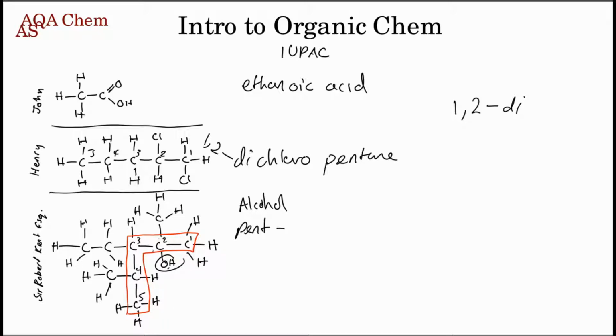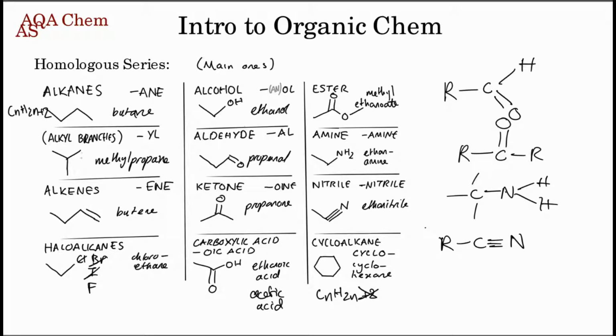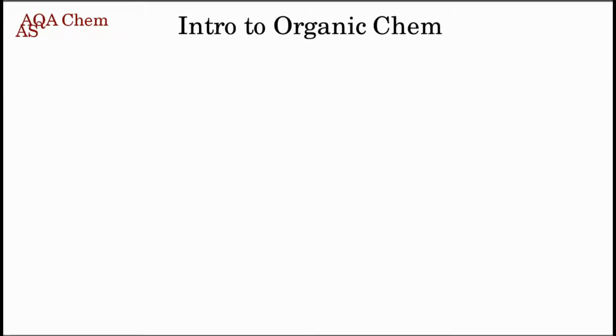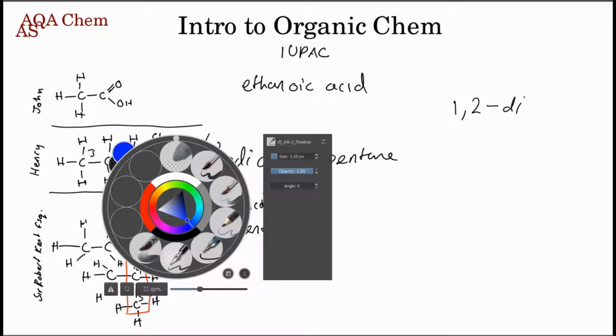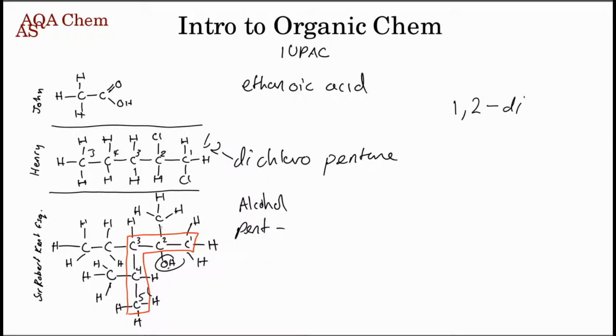And now we look at the positioning. Now remember back to the homologous series, how we have alkyl branches, right? Well, these are those very same alkyl branches. Let's highlight them in bluish. So we got this one. That's an alkyl branch. We got this one. That's also an alkyl branch. We got this one. That's an alkyl branch. Now, we need to know the number of carbons on the alkyl branches. Here there's 1, so it's a methyl. Here there's 2, so it's an ethyl. And here there's 1 again, so it's a methyl.